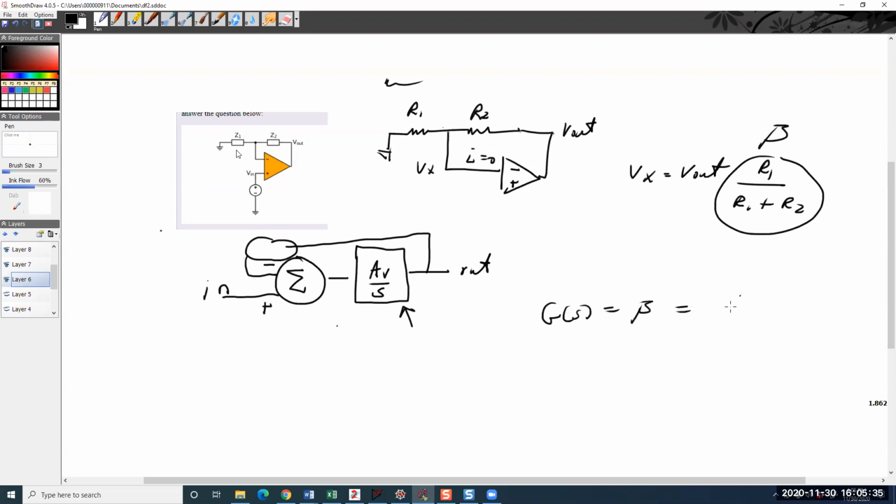It's actually equal to beta, which is equal to that voltage division. So the op amp is really a summer with a transfer function on the inside. The feedback network in this case is beta. All right, so Q of s